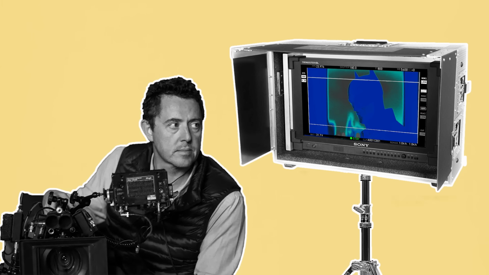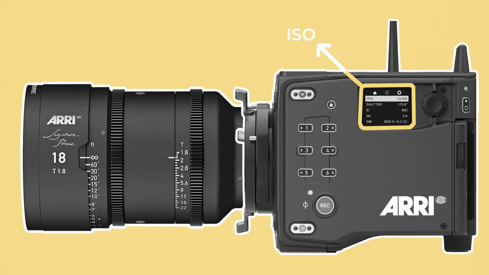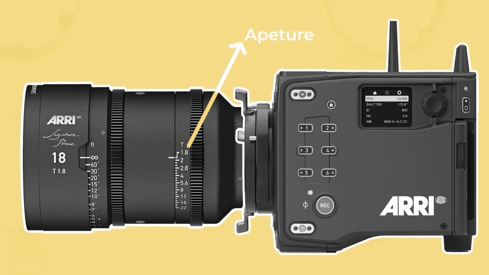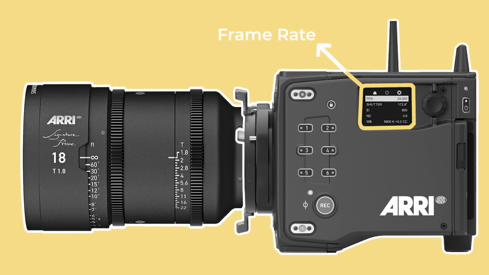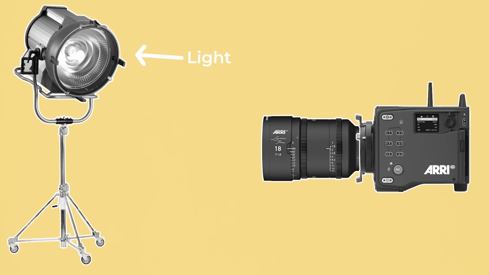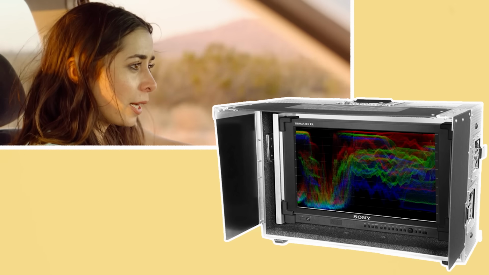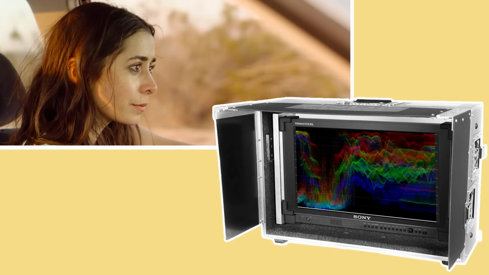that every cinematographer needs. Exposure is determined by 6 factors: the sensor's sensitivity or ISO, the shutter speed, the lens's aperture, the frame rate, ND filters, and of course the overall amount of light in the scene that is being photographed. Before we talk about how to get to the correct exposure, it's important to be aware of a few